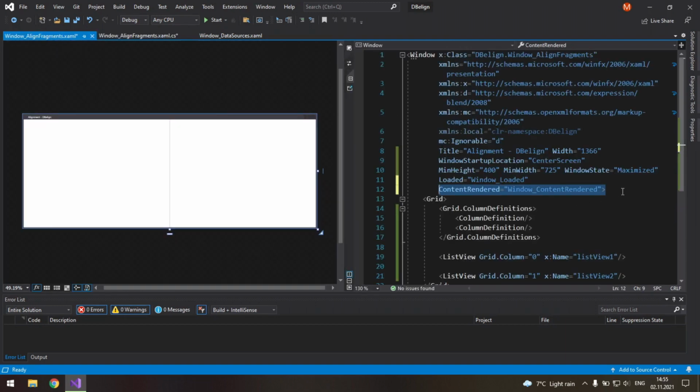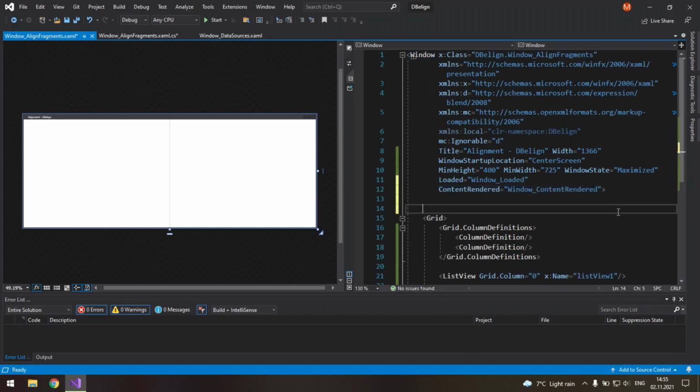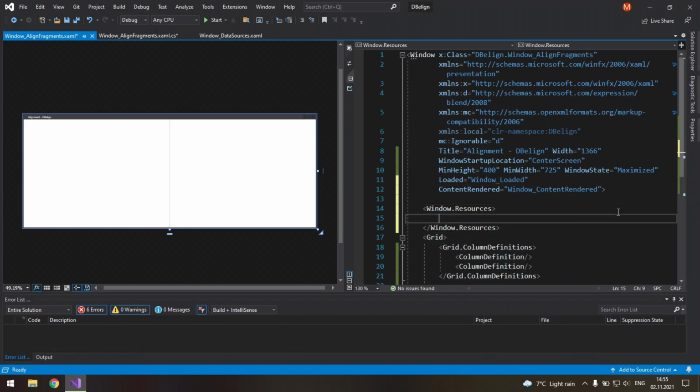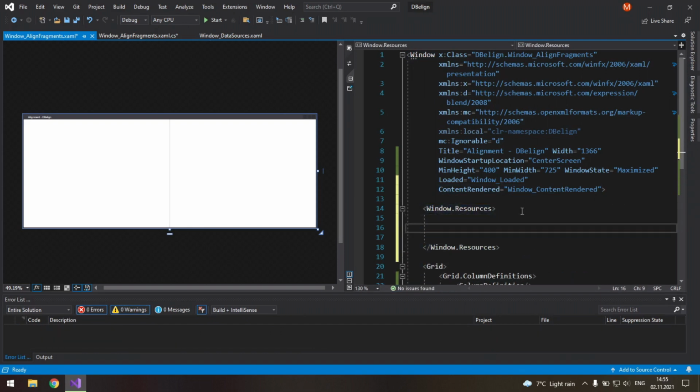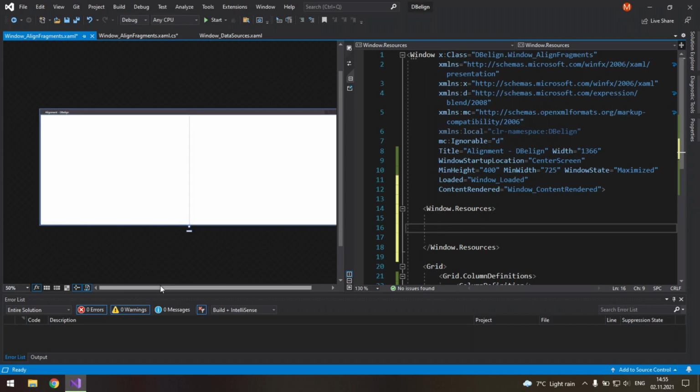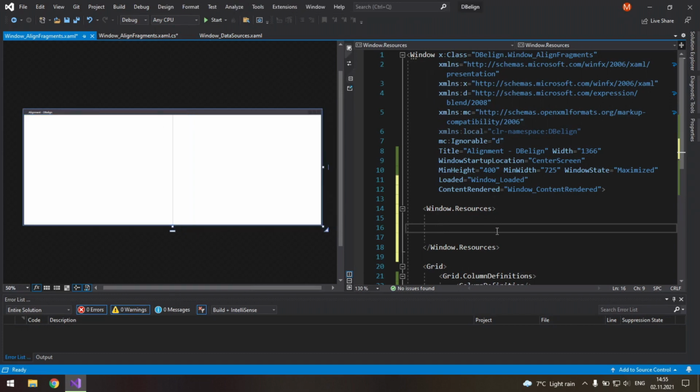And after the properties, we will also need to define window resources. Window.resources. And in order to see the icon buttons, and we will have a lot of them, when they are disabled, because by default they are always set to 100% opacity, we will decrease their opacity to say 25% when they are disabled.